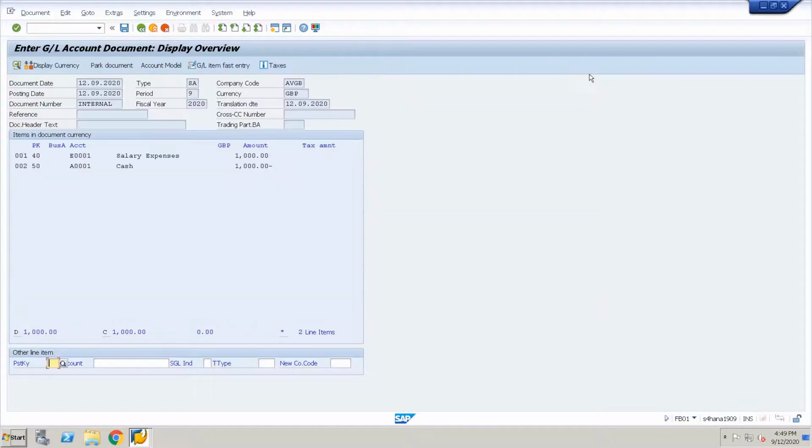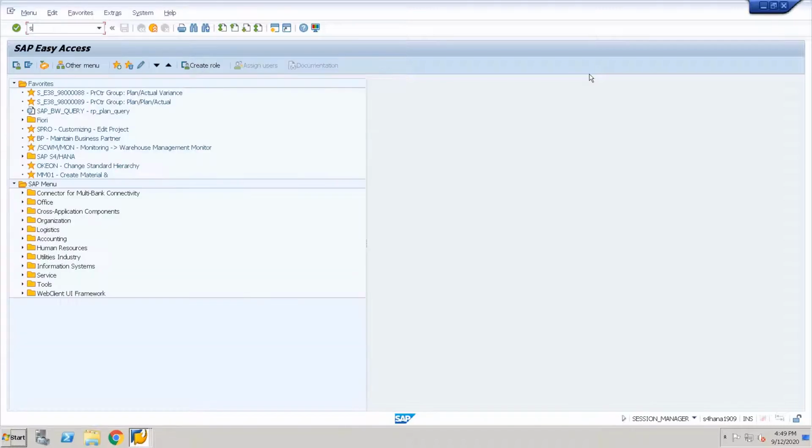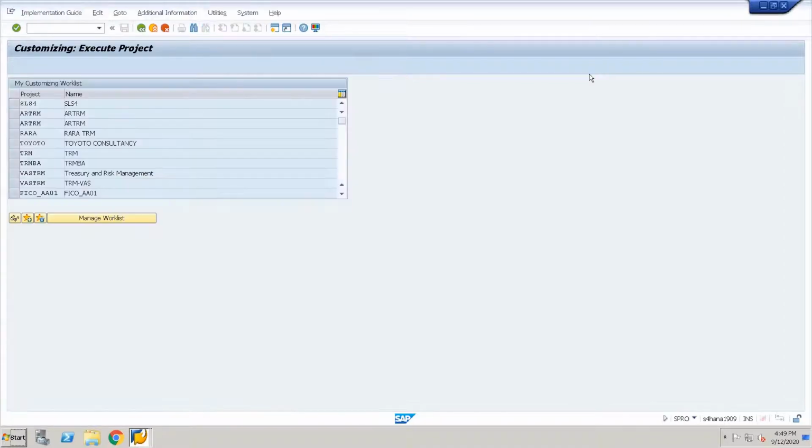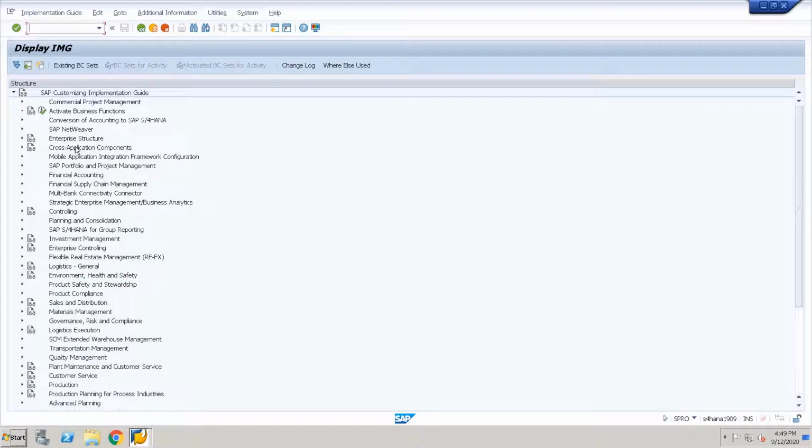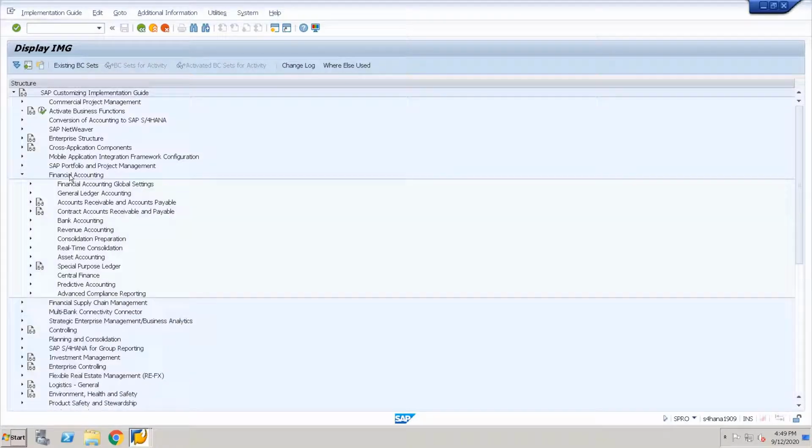So document splitting is enabled and hence we are receiving this error. So let us go to SPRO and deactivate document splitting.